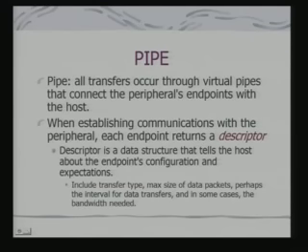It also indicates the interval for data transfers, that means the rate at which the data transfer takes place, as well as the bandwidth needed. Why does all this information have to be provided by the endpoint? Because it is not a pre-configured bus. When a device gets connected, the connection is established, and the host, by looking at the descriptor, would know the capability of the device and the connection the device is looking for. That enables the host to manage the device.